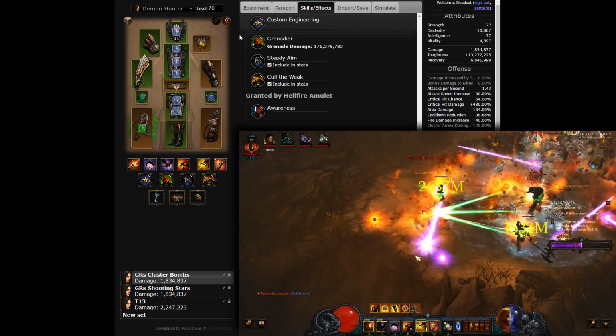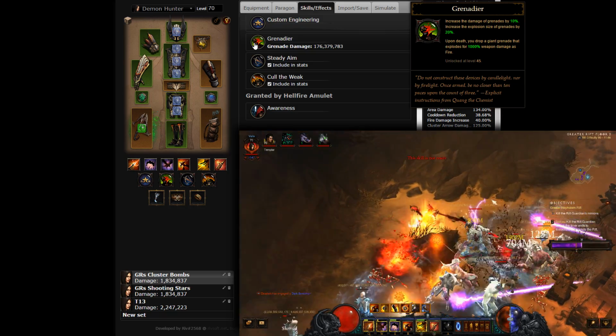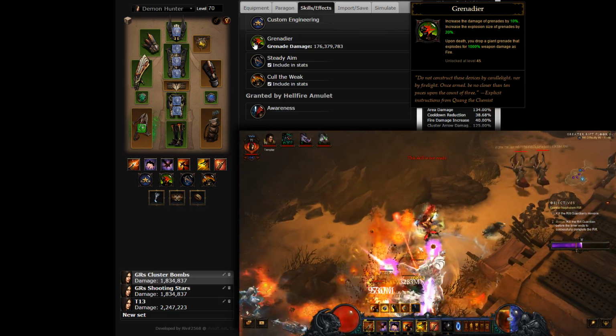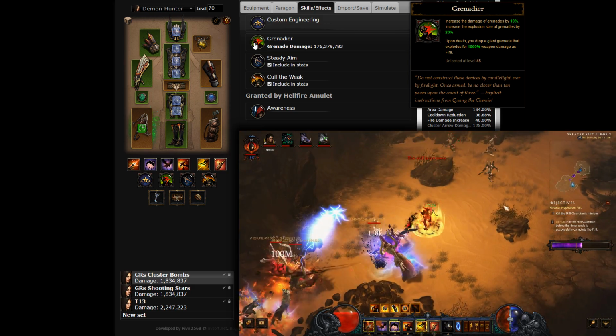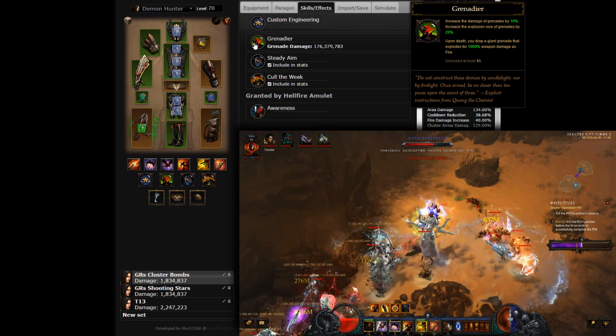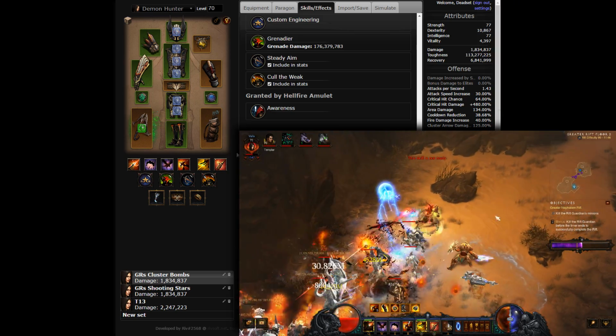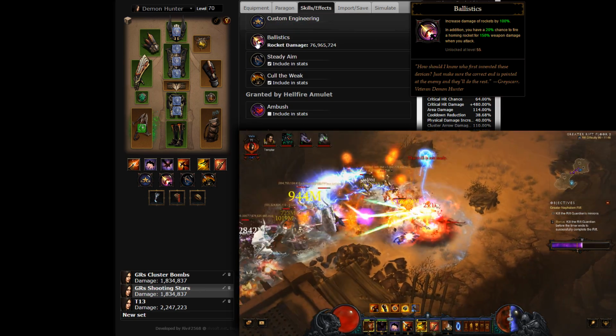Depending on your spend or rune of choice, you'll either slot Grenadier or Ballistics as your second passive. Grenadier is your go-to passive for cluster bombs, bringing a 10% multiplicative damage increase and increasing the explosion radius by 20%. If you focus on rocket-based skills like Shooting Stars, it is only natural to pick up the synergy with